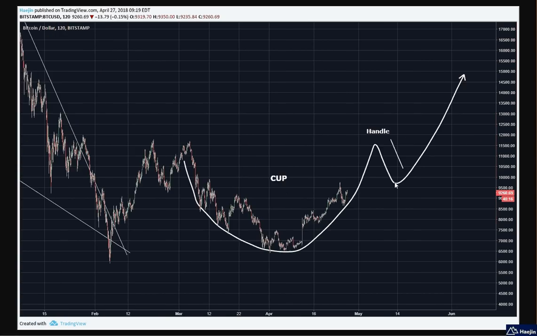Another way to look at it is this. Same zoomed out. Here's a big zoomed out image of that wedge that we finished at 5,900. Got repelled at the 11,800 once, twice, came all the way down. Now it's going up. It's traveling in a parallel line. But I think also, if you look at the overall pattern, it looks like a very large rounded bottom formation. So could we have a cup and a handle scenario? Absolutely, I think so.